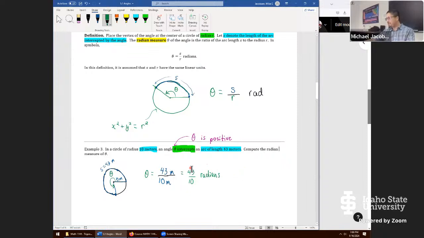Okay, that's kind of a weird answer. It's an improper fraction, but it is reduced. That's the only thing that we want for this, an exact answer in simplest form. For other answers, you could have called this 4.3 radians. That's also exact. And another thing to mention about this is